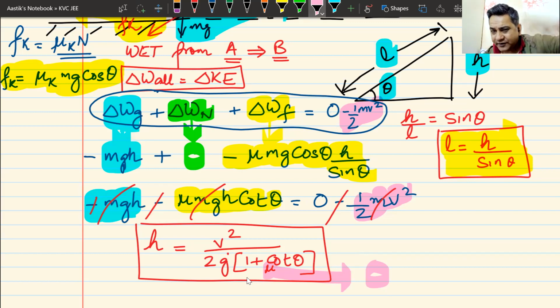Almost 90, 95, even 98% of questions are on work energy theorem, and that is why I'm doing it in so much detail. I did not have to do it. But you have to understand that this is the core of mechanics. And these are the questions that are going to come in your examination hall. Please spend time on it.